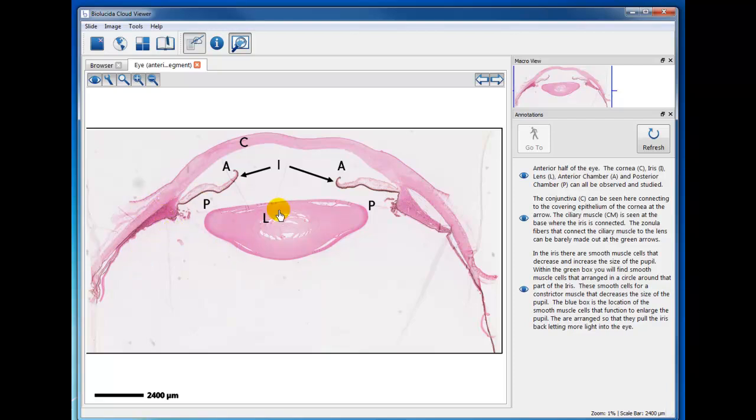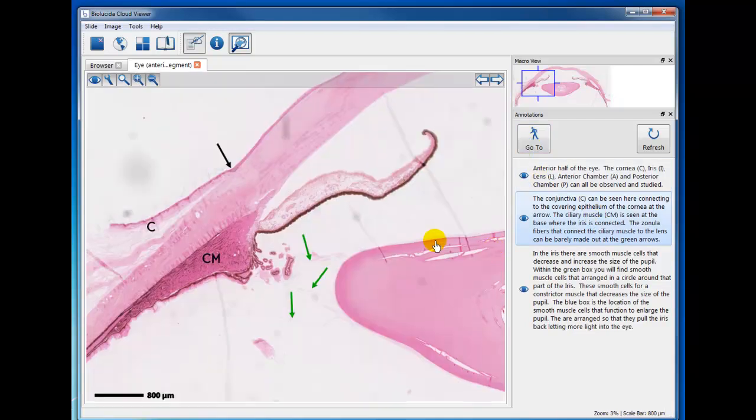And of course here's the lens. The lens has a capsule and it has special fibers inside. On the next annotation, I attempted to give you a little orientation about the conjunctiva, which is represented by C here, and then it joins and connects to the epithelium that's covering the corneal surface, the cornea. And here is the ciliary muscle, and it has these fibers that go and connect to the